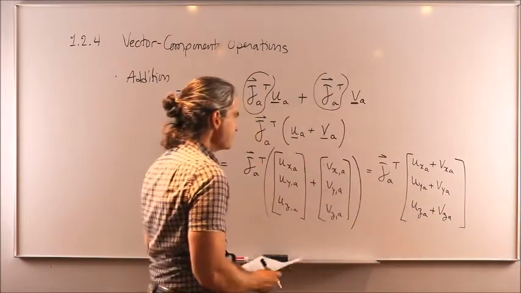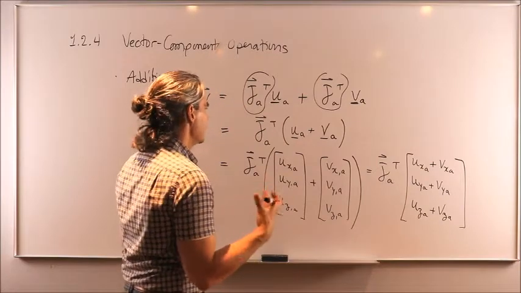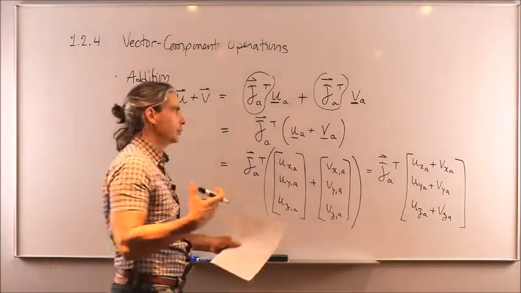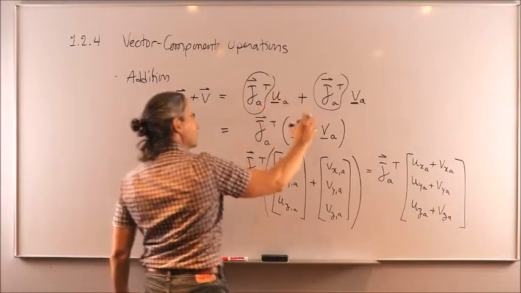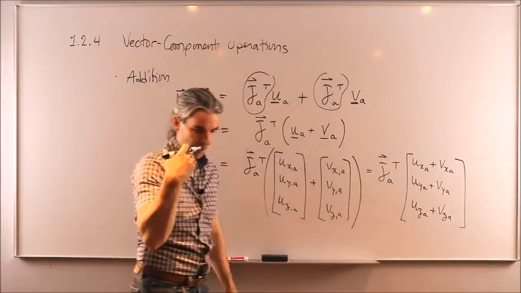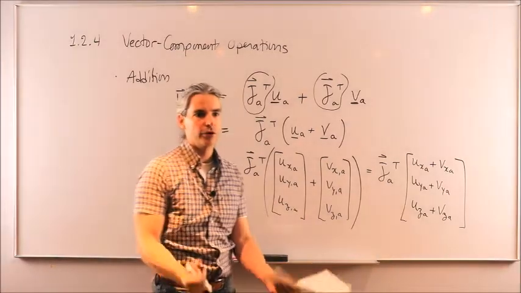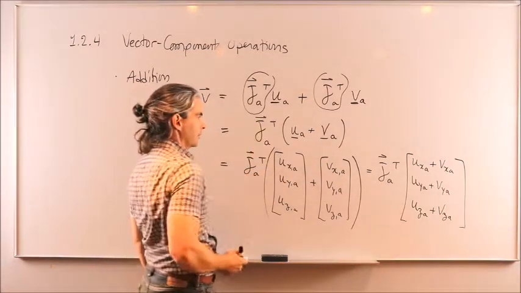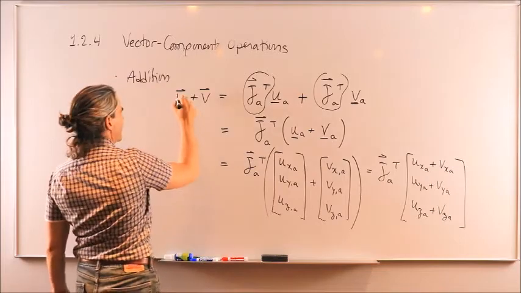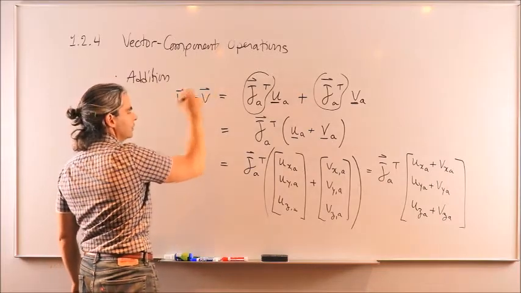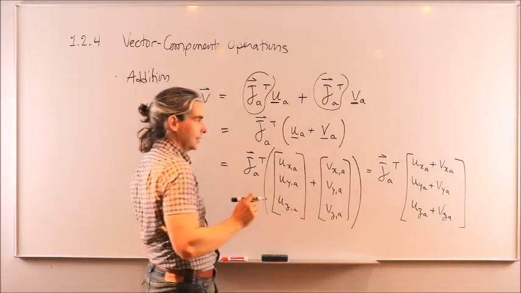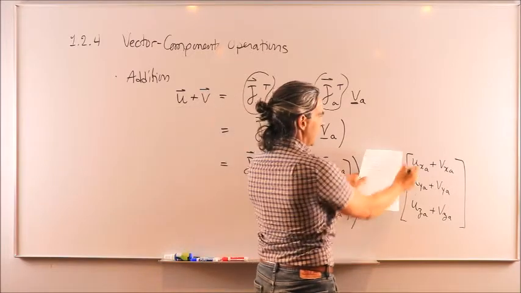Okay? So that is how you can practically add two vectors given their x, y, z components. You just add the x components together, the y components together, and finally the z components together, and boom, that's your answer. Just don't forget that a vector plus a vector gives you another vector at the end of the day. So if you just give me that as your answer,